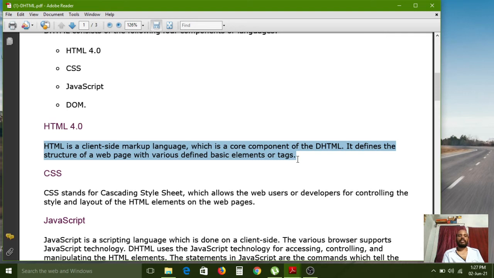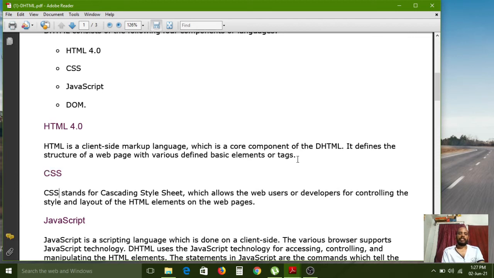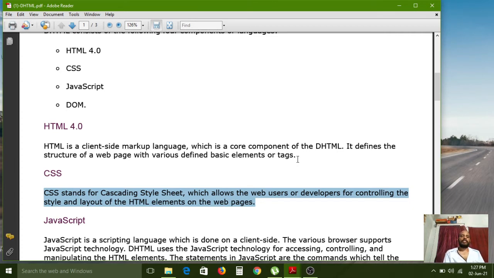Understand? Now the next definition we have to see is CSS. CSS stands for cascading style sheet, which allows web users or developers to control the style and layout of the HTML elements on the web pages.